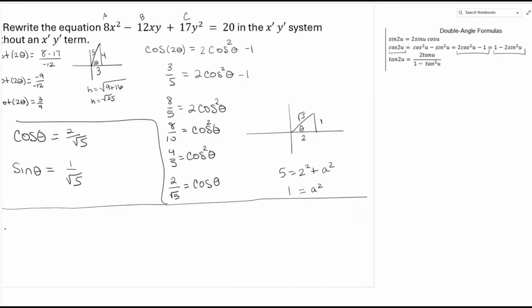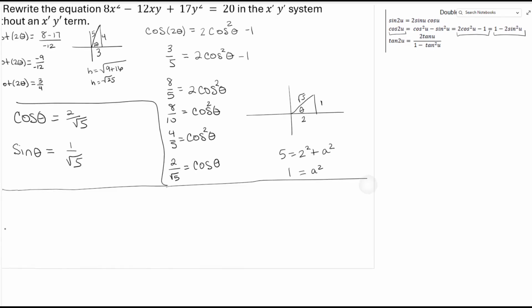Now, if you go back to the top, maybe not the top of your notes, but go back to what we do for substitutions, right? X is equal to x prime cosine theta, minus y prime sine theta. So that means x is equal to,